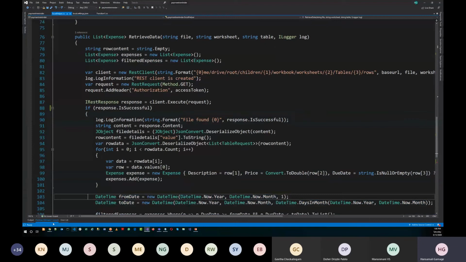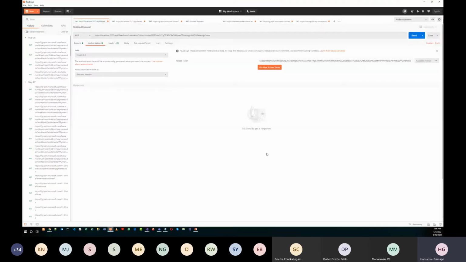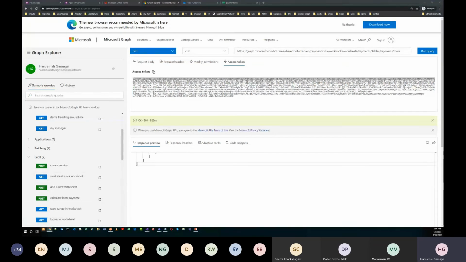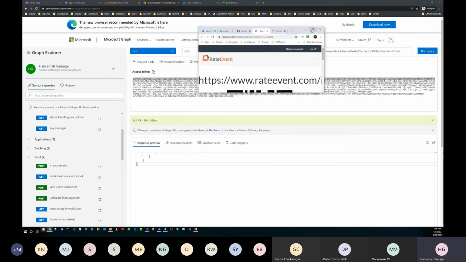How can we create that access token? In the Graph Explorer you provided your credentials. For the Azure function you can create an OWIN class and get that access token. If not, you can go to Postman. I have done this using Postman. First of all, you have to create an application inside the Azure Active Directory. So I will move into the Azure portal here.